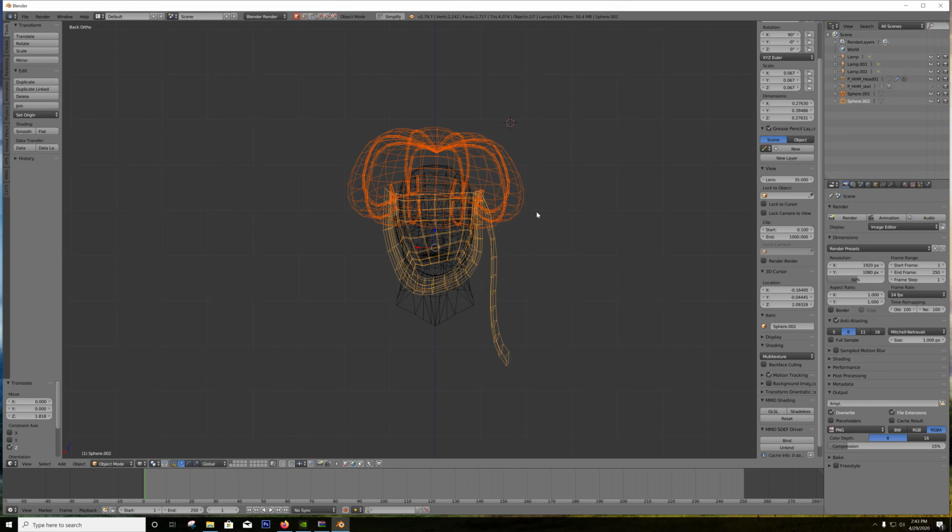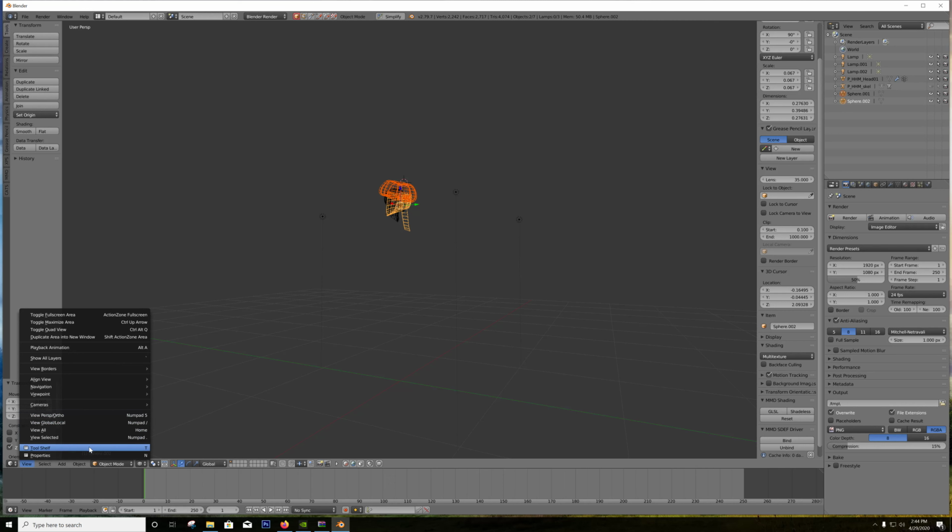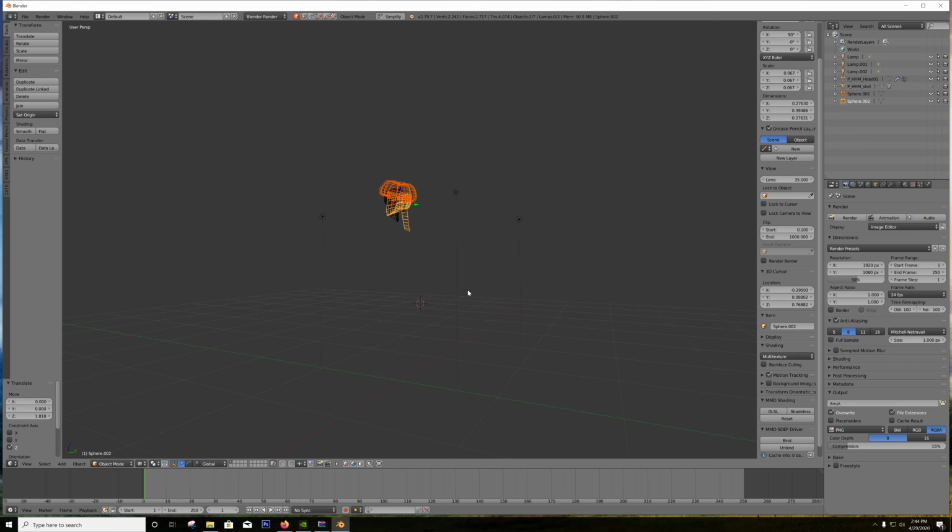And the reason why you want to be in this mode, if you clicked out of it for some reason and got into a different mode, is because you clicked the number 5 on the number pad, and that puts it into a different mode. It's also here. If you go to View, you have Perspective mode and then you have Orthographic mode. Perspective mode is pretty much what this is. This is if you want to look at it from a perspective. When you're modeling, you tend not to use perspective mode. You want to use